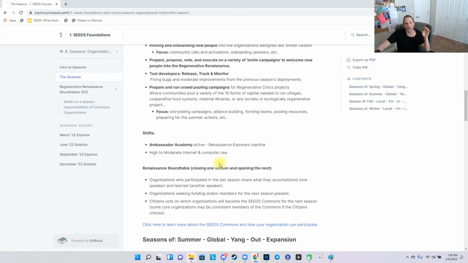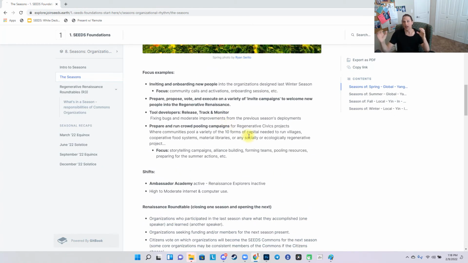So you might see in the spring where we're really focused on new energy, growth, igniting activations, etc. But that's not something we can maintain year round. Even the Ambassador Academy is like, all right, we actually needed to take a break. So what we're doing is we're consciously building those patterns.